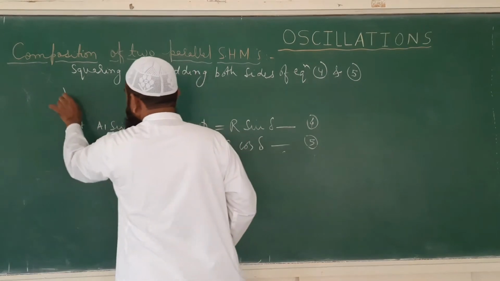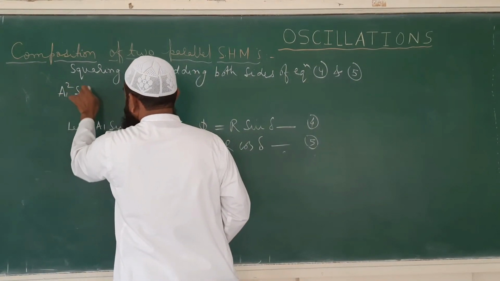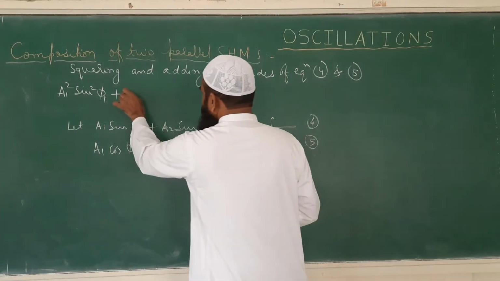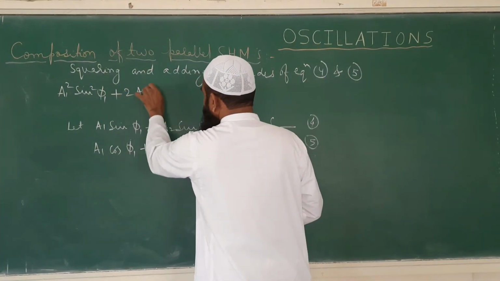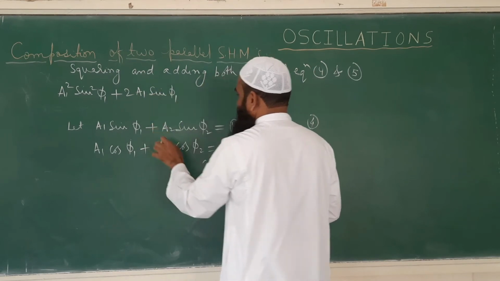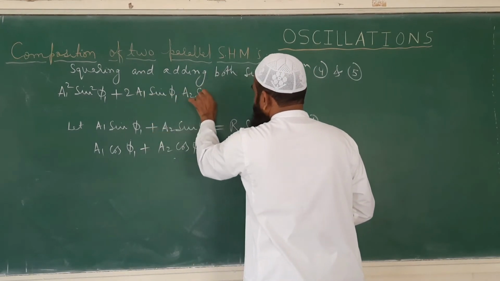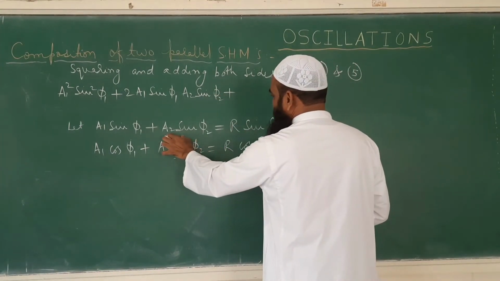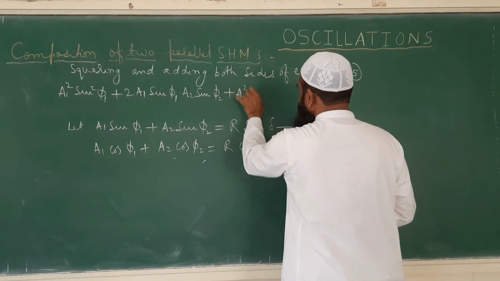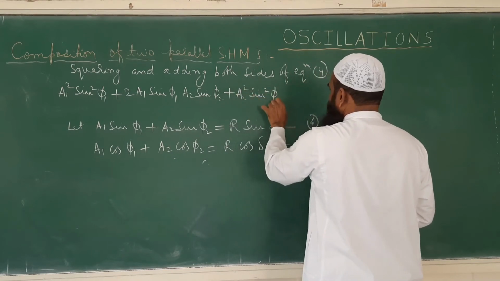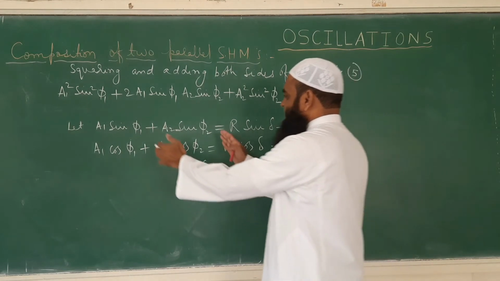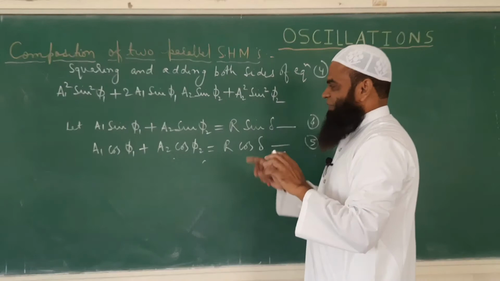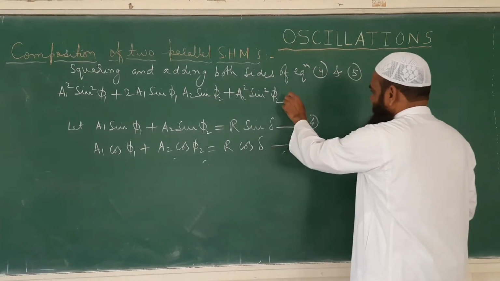So a1 square sin square phi 1 plus 2ab, so 2 a1 sin phi 1 a2 sin phi 2, plus b square, that means a2 square sin square phi 2. So this is the expansion of the square of a1 sin phi 1 plus a2 sin phi 2, plus adding